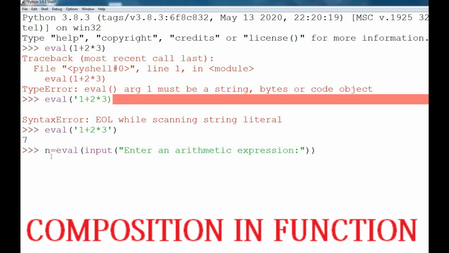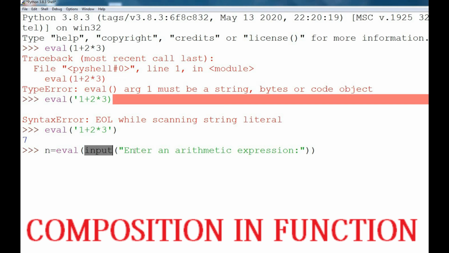In this statement, eval is a function and input is another function. The eval function is used to evaluate an expression, whereas the input function is used to get the input from the user. So the input function is nested inside this eval function.